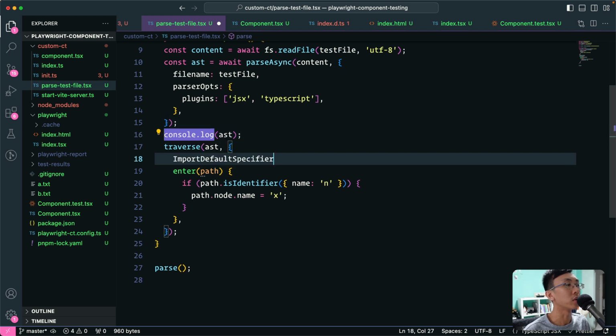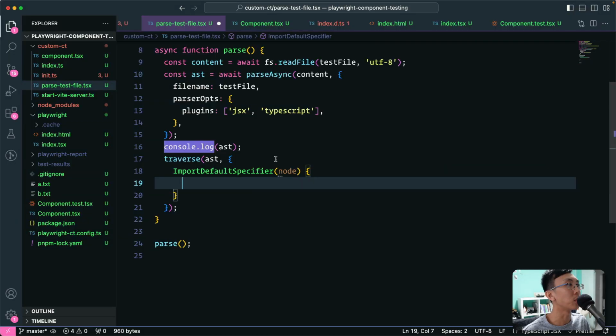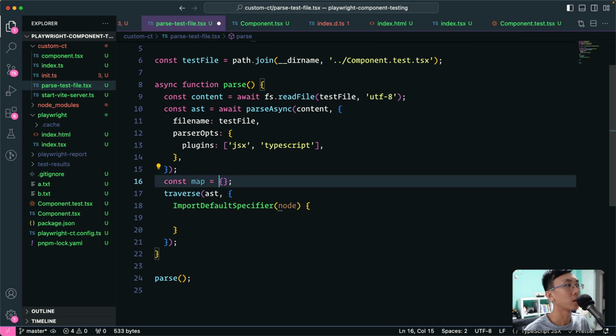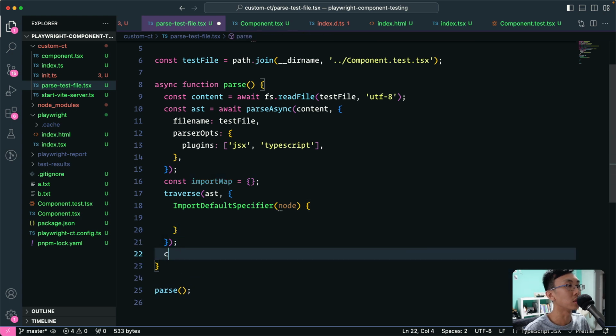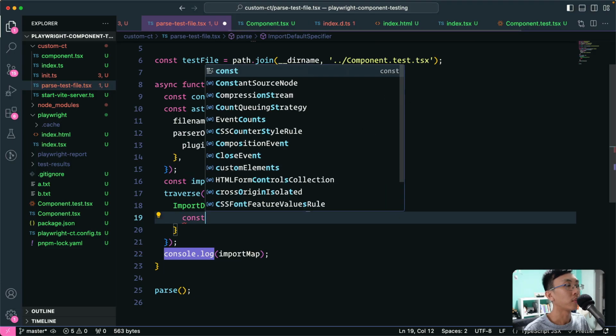So whenever I enter a path called import default specifier node, we are going to keep track. So we're gonna have a mapping, import map. I'm gonna print this out later on to see what we have taken out. Whenever I have a default import, I'm gonna check what we are importing. The node has the local name, so name equals